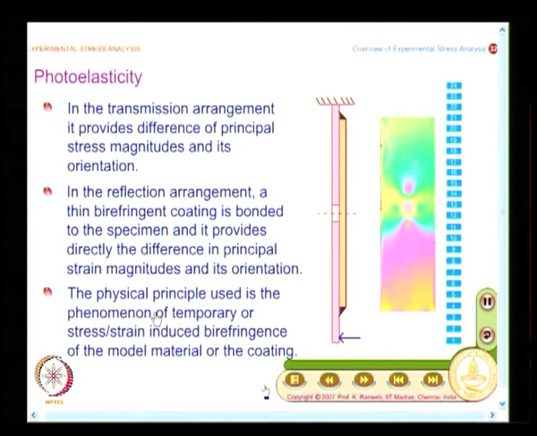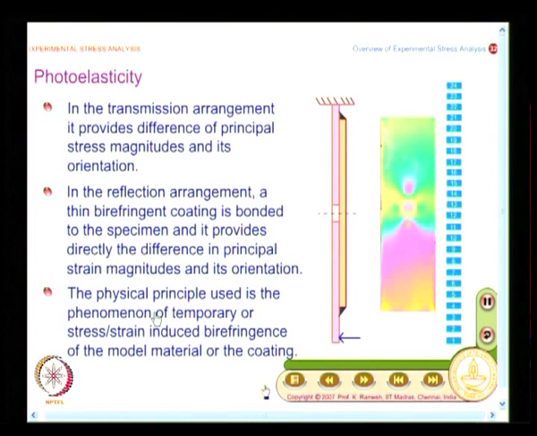So, you have to understand birefringence, all that will come when you understand crystal optics. And what we had seen in the last class was, without getting into crystal optics, you have plotted for the problem of a beam under 4-point bending how the contours of sigma 1 minus sigma 2 will look like. You saw them as horizontal lines and it matched with what you had seen in the experiment. So, the physical principle is stress or strain induced birefringence, which is temporary. The moment I remove the loads, these effects vanish.